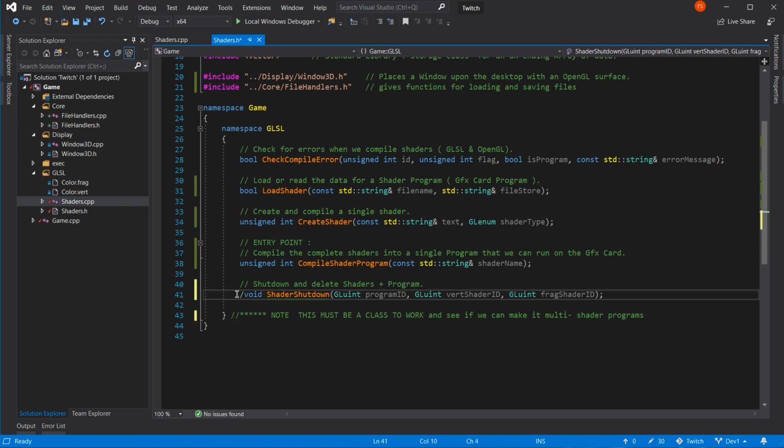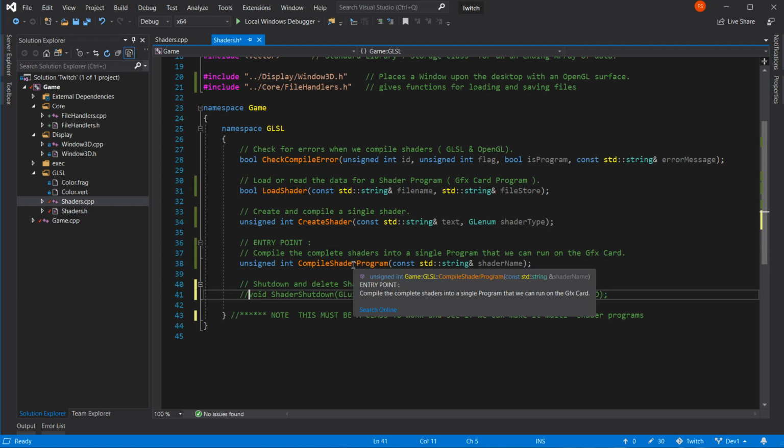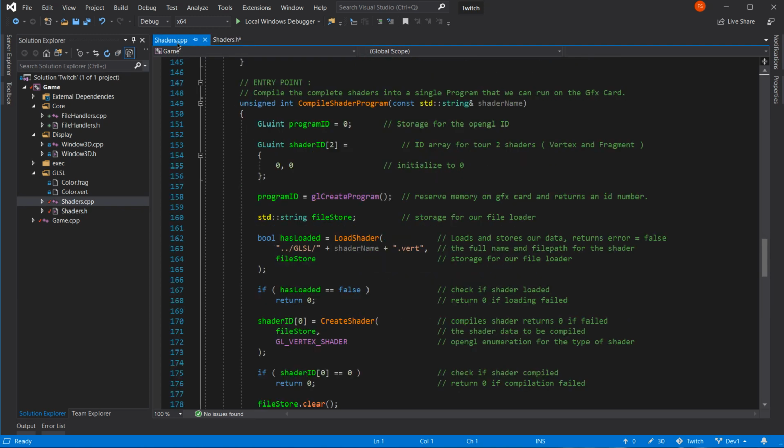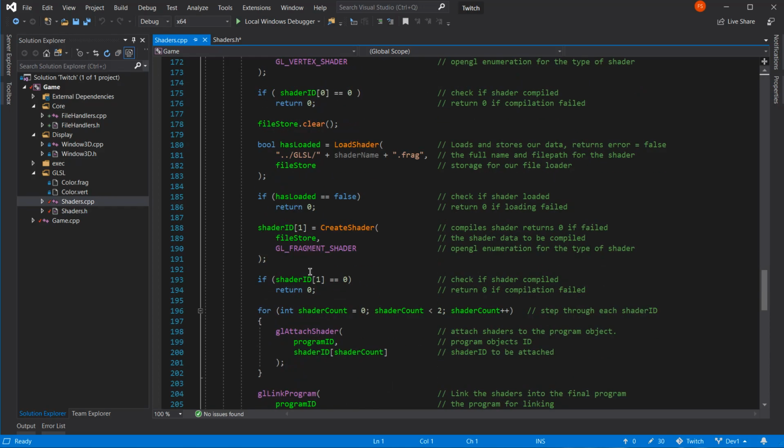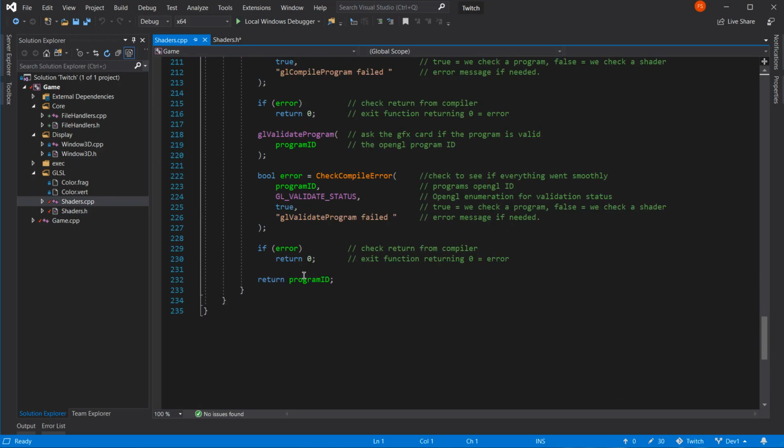Can't do that, because we don't have those two variables available to us outside of compile shader. Compile shader program is the only part here that knows about the shader IDs and the program ID at the same time, even if it returns a program ID.